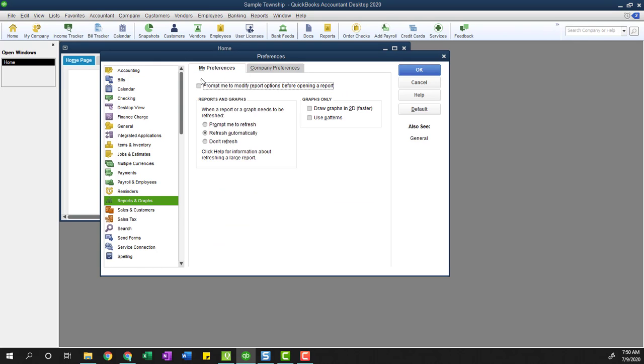Reports and graphs. When you open a report, it will open as the default report that's been set up. If you would rather it ask you the report settings, the report parameters before it opens, you can check this button to prompt me to modify the report. I don't like having this checked, but some people do. Again, this is a personal preference. If you find yourself customizing a lot of reports, which we'll discuss later on how to customize, if you find yourself clicking customize a lot, you might want to have this pop up, which would prompt you to customize